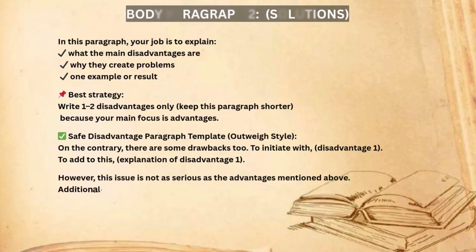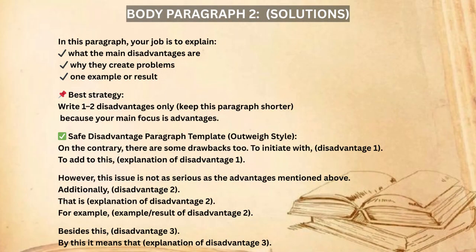Now body paragraph 2 is your weaker side. In this paragraph, your job is to explain what the main disadvantages are and why they create problems, and include 1 example or result. For the best strategy, write 1-2 disadvantages only and keep this paragraph shorter because your main focus is the advantages. So use these safe templates, like: on the contrary, there are some drawbacks too, to begin with disadvantage